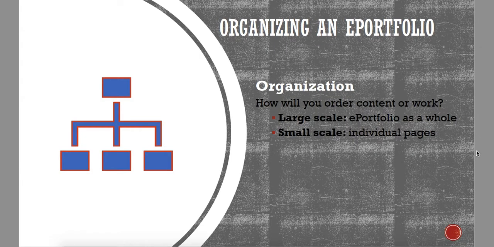When you're organizing an ePortfolio, you want to think both about the large scale and the small scale. So the ePortfolio as a whole, how you want it to be laid out. Do you want your audience to scroll through one large page that has hyperlinks? So that's kind of a scrolling homepage option. Or do you want people to navigate through tabs from page to page in order to be able to access your information? So thinking about your ePortfolio as a whole, how you want the information itself to be laid out,